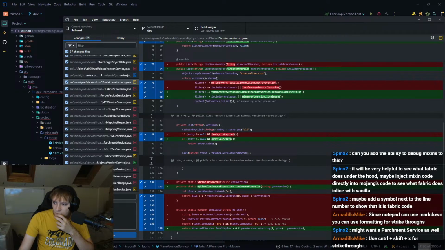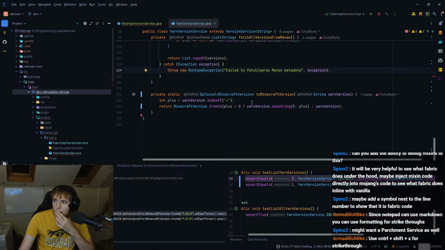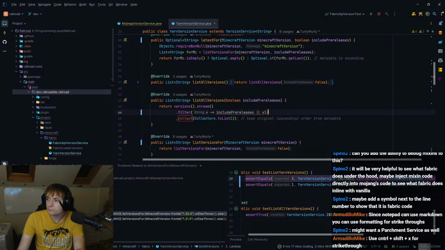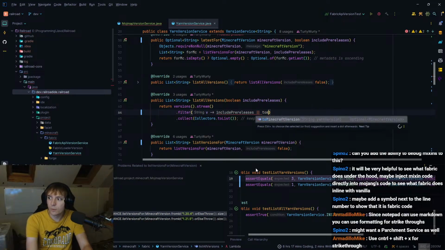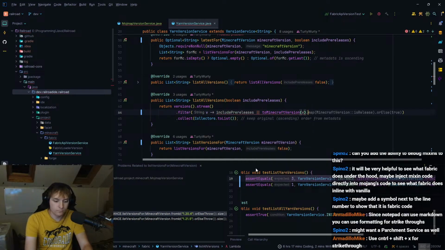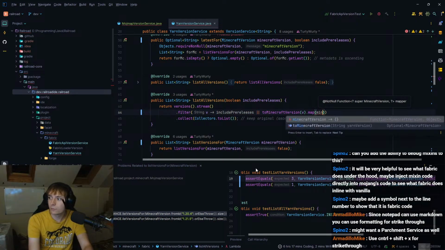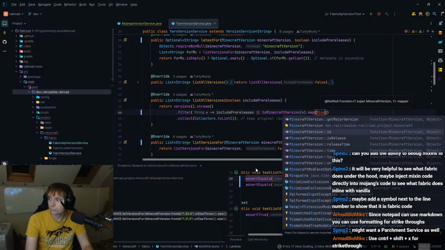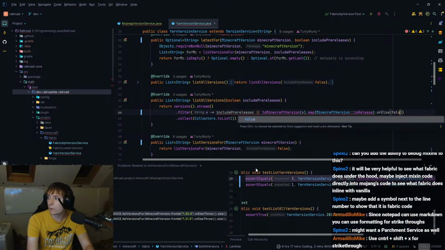So what did this do previously? Okay, so what I need to do is say to Minecraft version v dot map Minecraft version is release or else false.